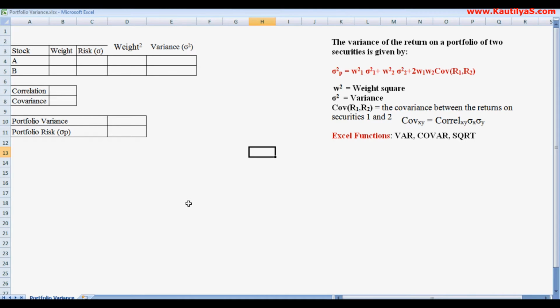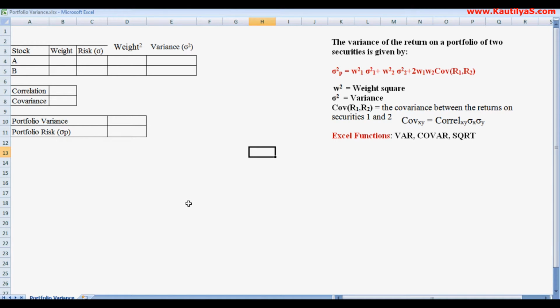In this video, I am going to present how to calculate portfolio variance and portfolio risk. The advantage of this is we would be able to know the risk levels of a portfolio in case of two securities, and by creating a model we can experiment with what will happen to our portfolio when we change the proportions or weights in a portfolio, or what happens when securities risk changes, or we can also experiment with what happens when the correlation between securities change.